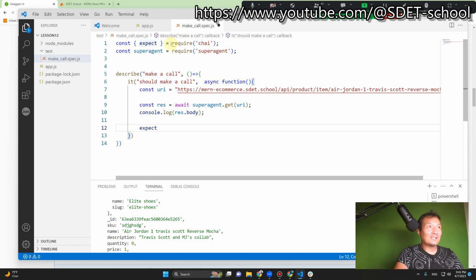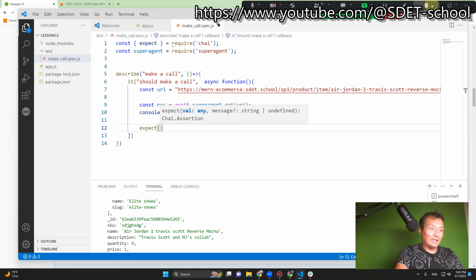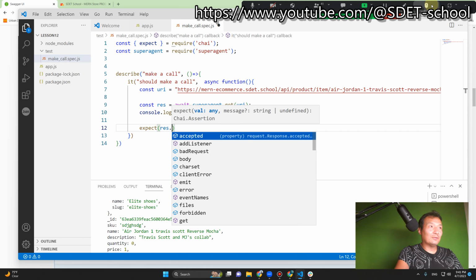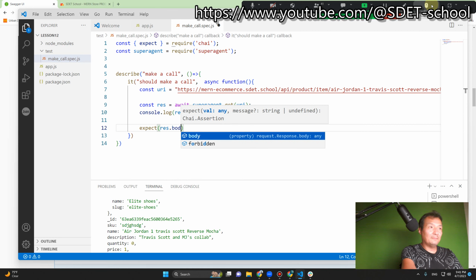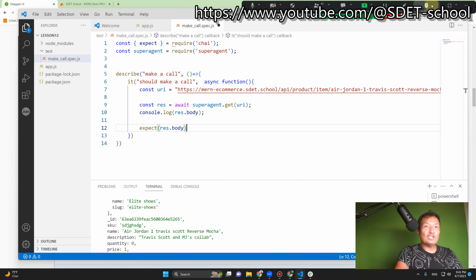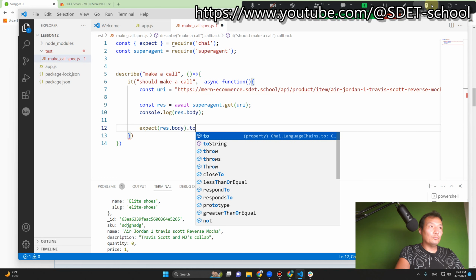Expect, and you see expect is here, and I place here res dot body, and I will say it will deep equal to